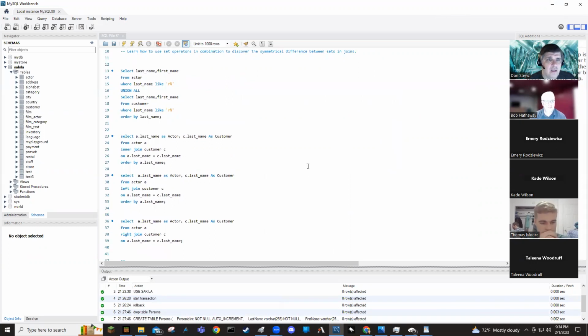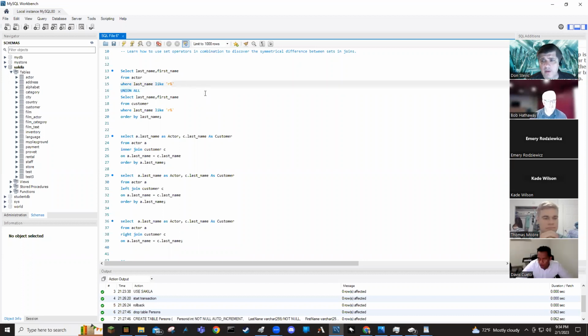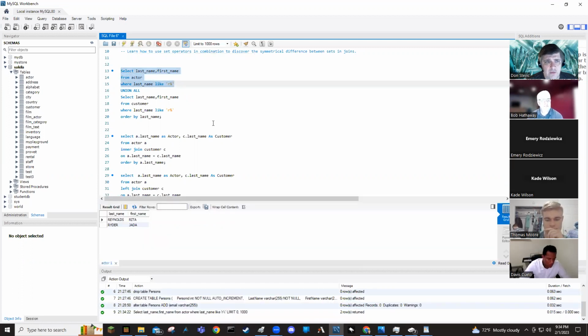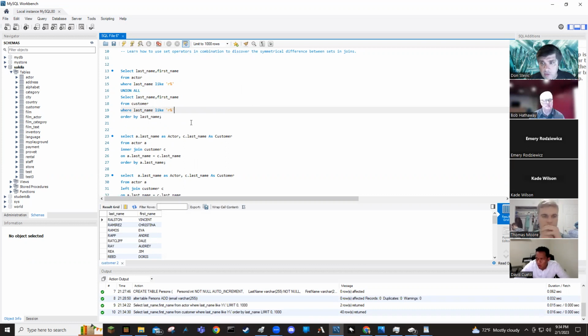But I just want to show you these different joins and how they work, just so you understand them. Number one, the union. This is cute. It doesn't really help anything. So let's say I had two queries. I've got this query that's select last name, first name from actor where last name is like R. I run that, I get my results, it's great. Then from customer, last name like R. I do that, that's great. Now, if I have two queries that have the same number of columns in the select statement, I can use a union or union all